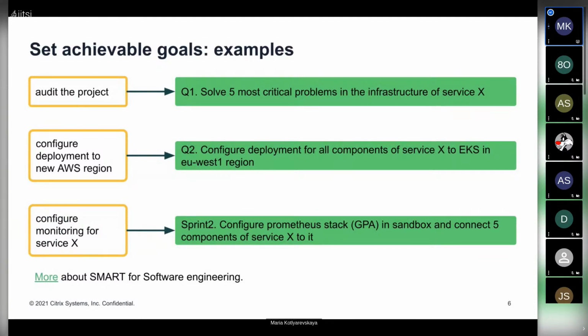What do you actually want to get at the end? For example, if you want to just audit the project, you can't measure this task. You can't say what the final result will be.